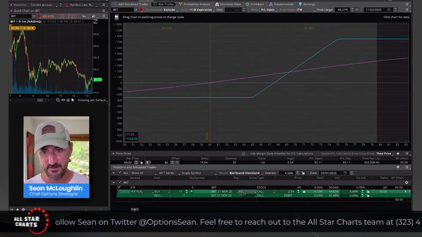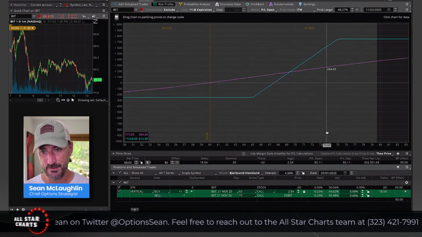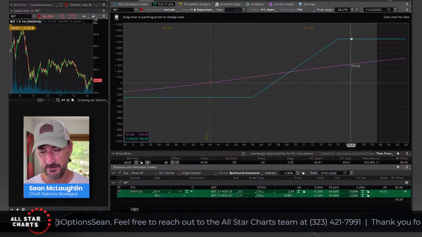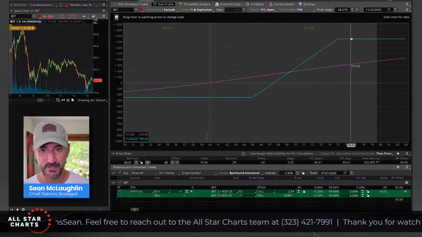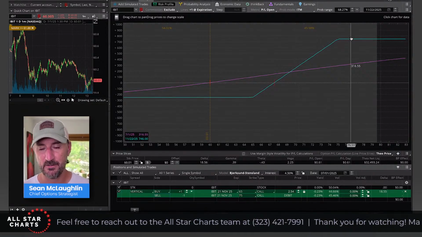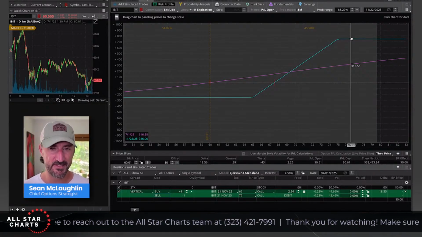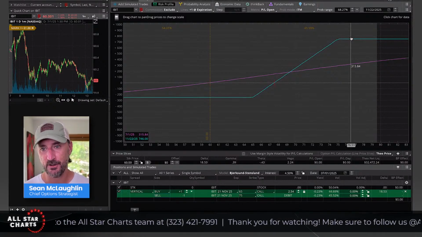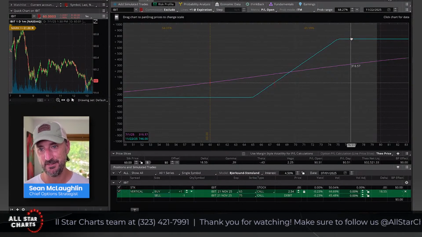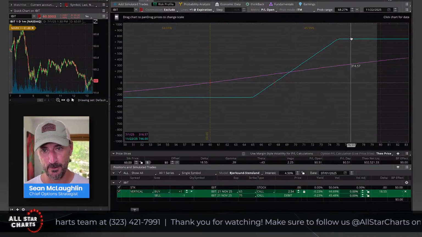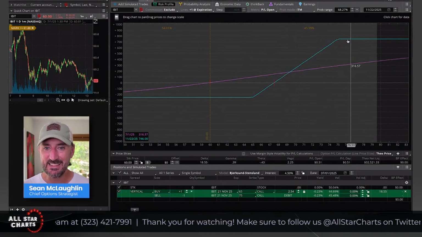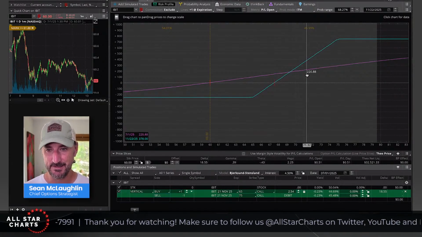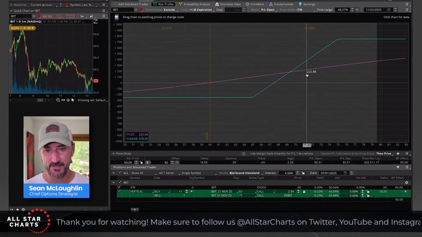If I buy the 65 calls and sell the 75 calls and pay $254, then the most I can make would be up at this blue line at expiration. If we're trading above 75, the most I can make would be about 750 bucks, because the most the spread could be worth is 10. I'm paying $250 for it now. So the most I can earn on the spread is $7.50, or 750 bucks per one lot. Now I like this trade because a trade like this increases my odds of success. How does it increase my odds of success?